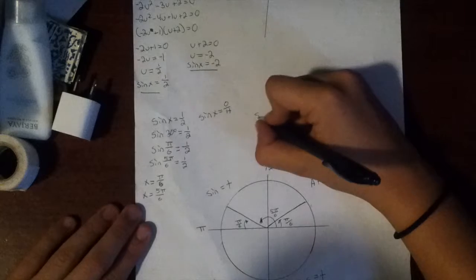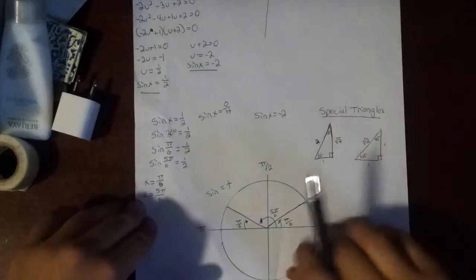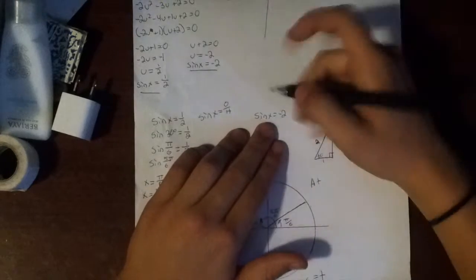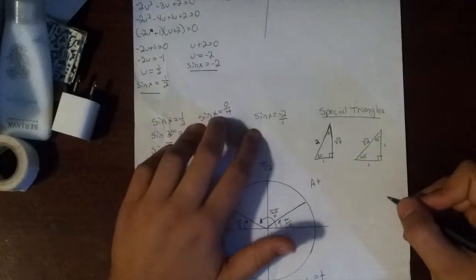So then in our next equation, for this one we can't solve, because we know that sine x has to equal the opposite over the hypotenuse. And this